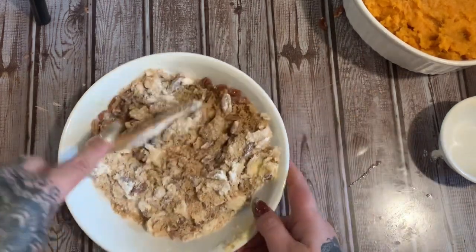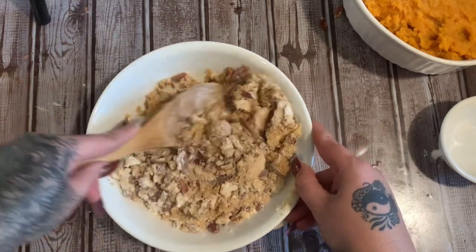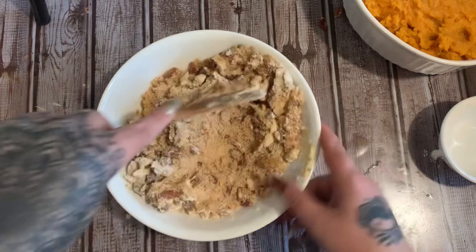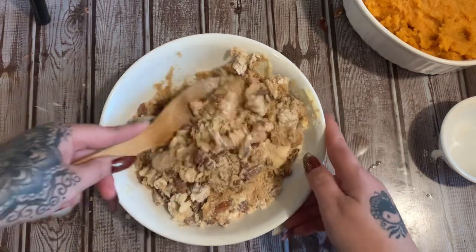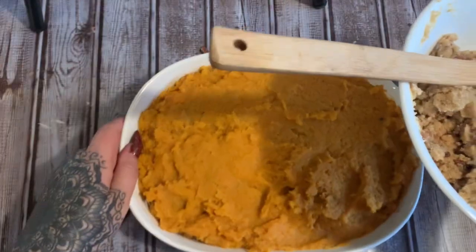I just chopped pecans over there. And then we're going to take this and sprinkle it on top of our casserole here, and then put it in our little air fryer oven. All right, so we have all of this mixed up, and now we're just going to sprinkle it on top